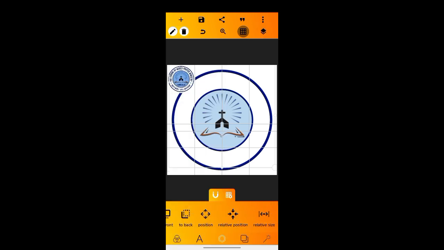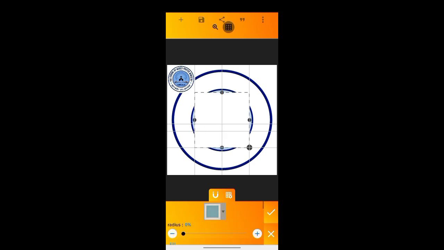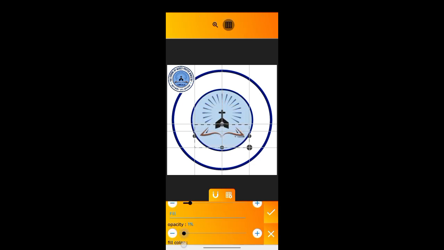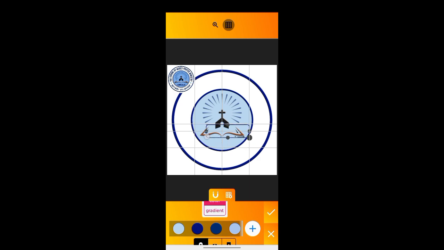I hope you're learning. And the next thing you're going to do is to import your shape. So firstly, reduce the opacity to 0, go to stroke, increase it to 3. Okay, so you are going to choose this color, then